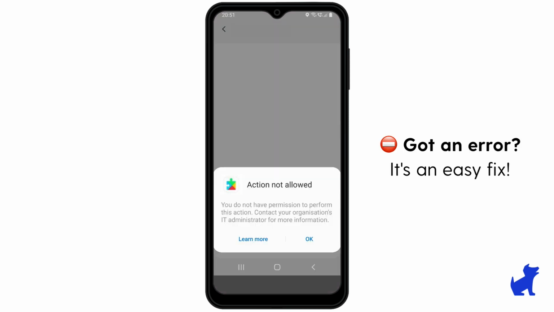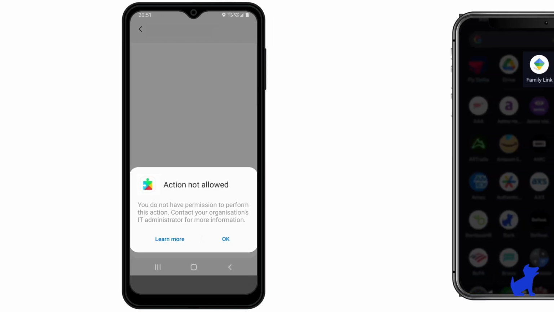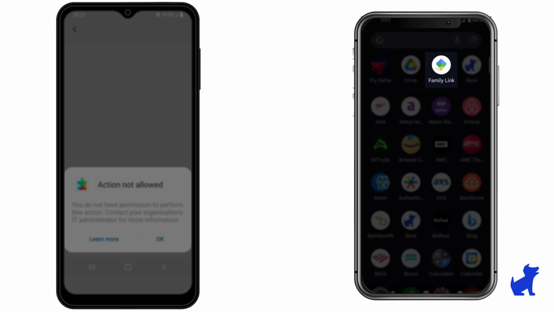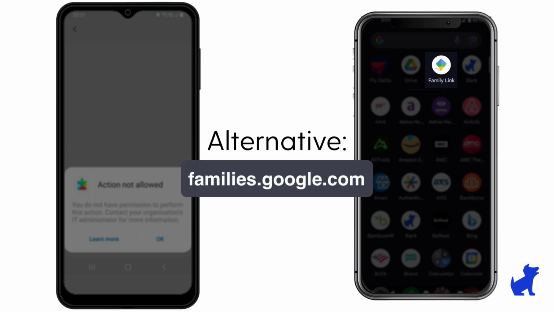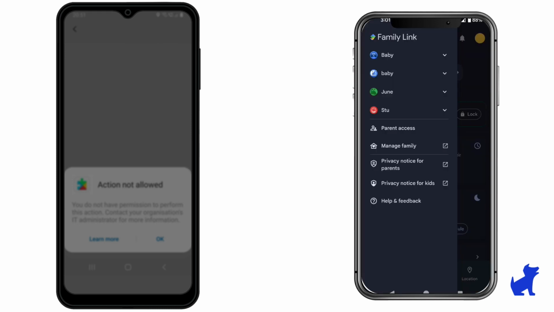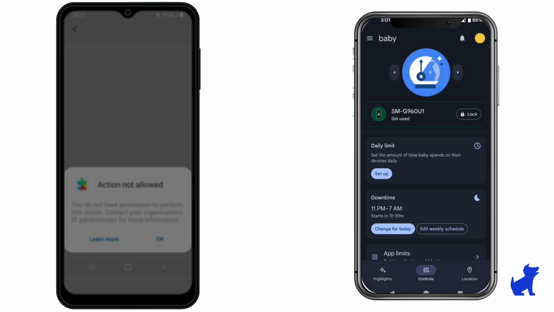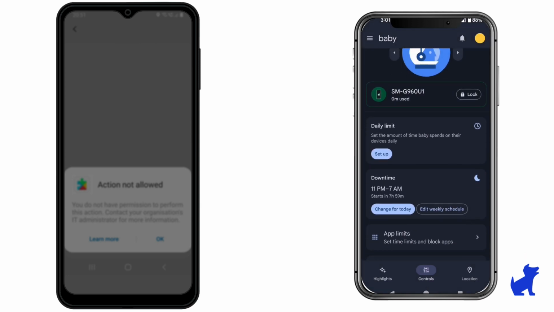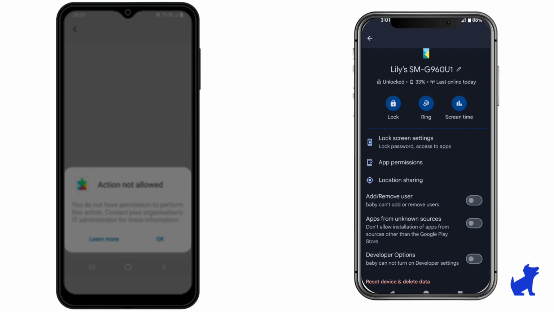If it gives you a notice about being unable to install the app and to contact your IT administrator or contact your parent, it sounds like you probably are using Family Link on your kid's device, which is totally compatible with Bark, but you just have to make an adjustment in your Family Link parent app. So on your parent device, pull up your Family Link parent app, or you can go to families.google.com on a browser on your parent device, tap on your kid, tap Controls, tap on their Android device, and then tap Allow